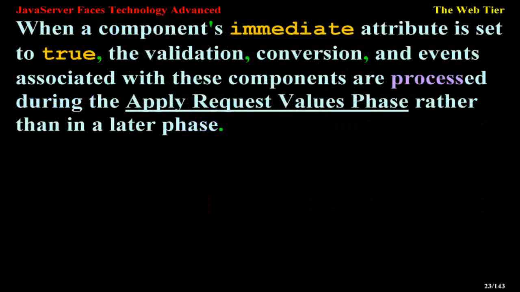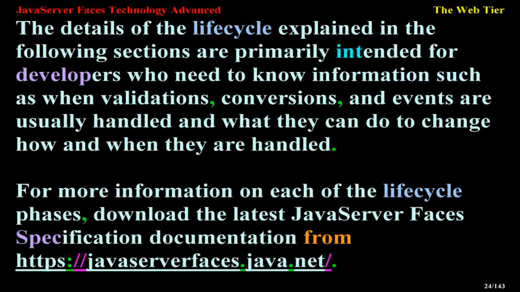When a component's immediate attribute is set to true, the validation, conversion, and events associated with these components are processed during the apply request values phase rather than in a later phase. The details of the lifecycle explained in the following sections are primarily intended for developers who need to know information such as when validations, conversions, and events are usually handled and what they can do to change how and when they are handled. For more information on each of the lifecycle phases, download the latest JavaServer Faces specification documentation from